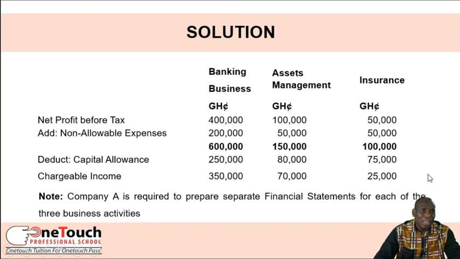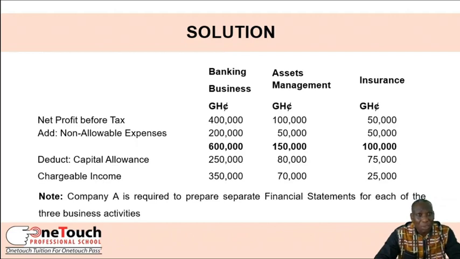So what have you done? It means that going back at 2015, at 896 session 87 and 88, you've been able to determine the chargeable income of each business separately. So therefore, the banking business, its chargeable income is 350. The asset management business is 70,000, and the insurance is 25,000. If you are required to compute the tax liability, now because these are companies, you slap 25% on them